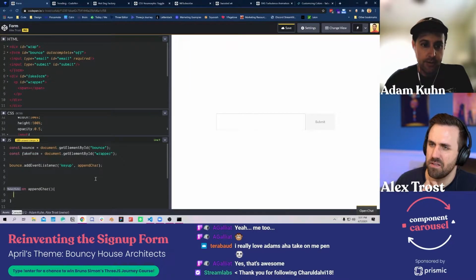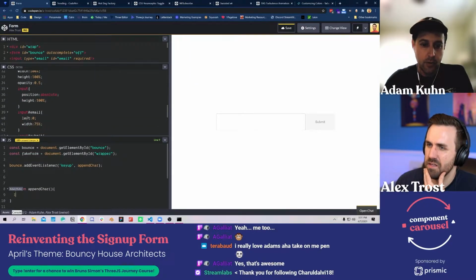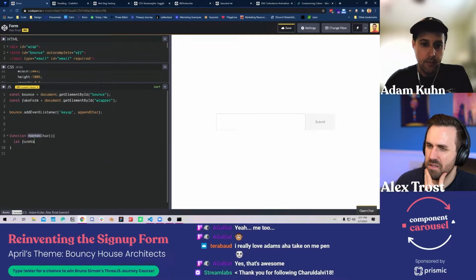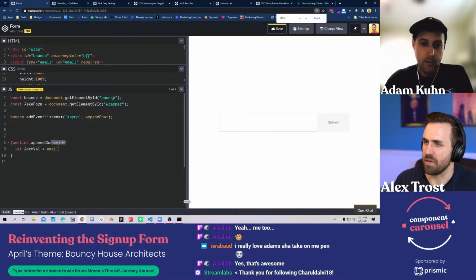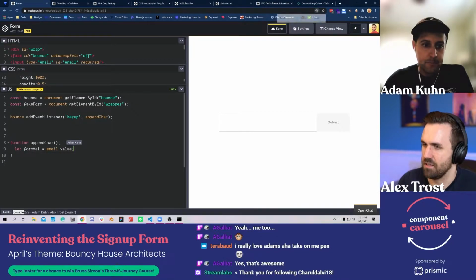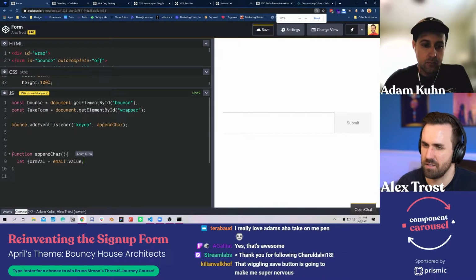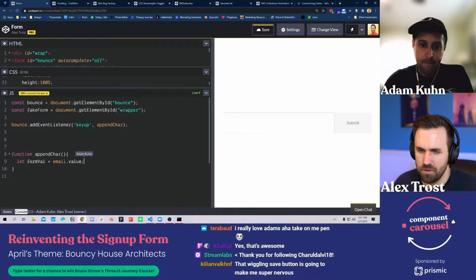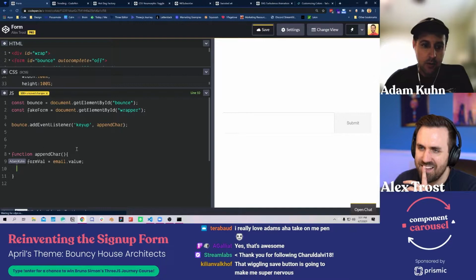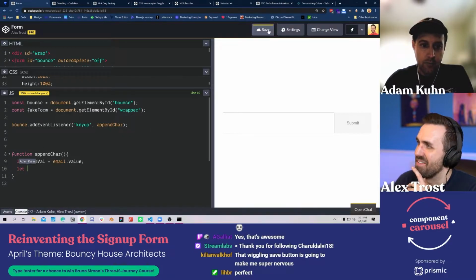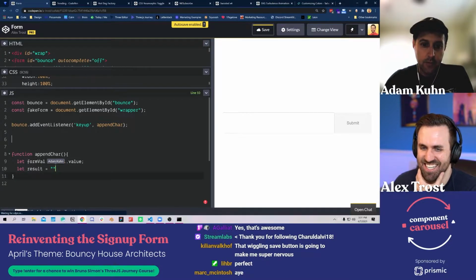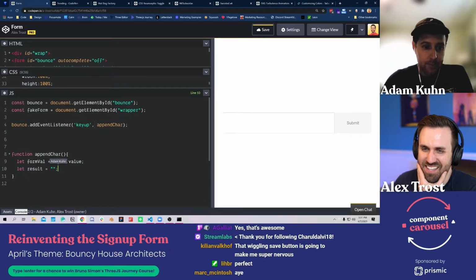So down here, let's grab the value. Gonna make my text a little bit bigger. Is that a little better, chat? Can you see this a bit better? Is that more helpful? And let's set up a blank value for the form result, which will happen when we split things. All right, cool.